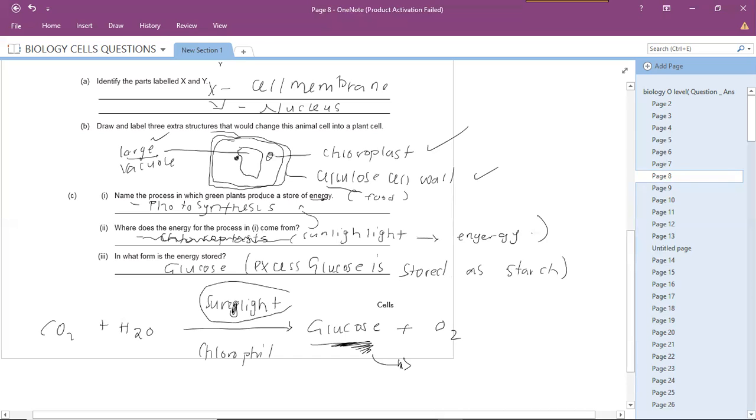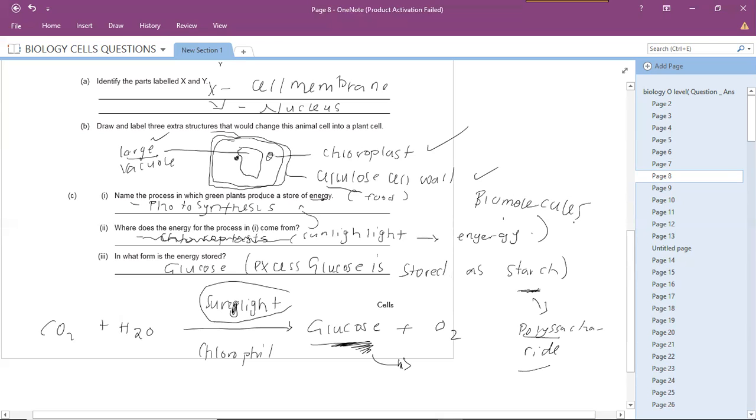When there is too much glucose, plants convert that glucose into starch, which is a polysaccharide. You're going to know what a polysaccharide is, what a monosaccharide is, what a disaccharide is when we do a topic called